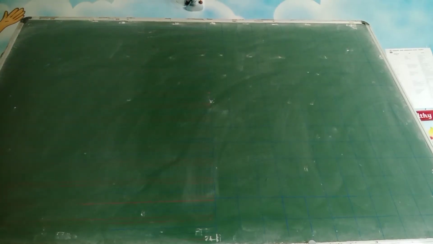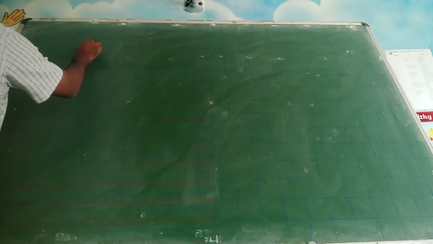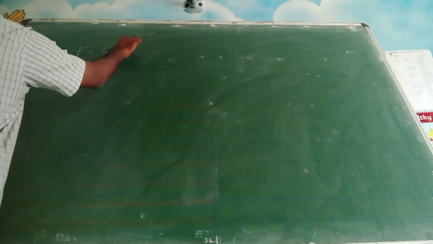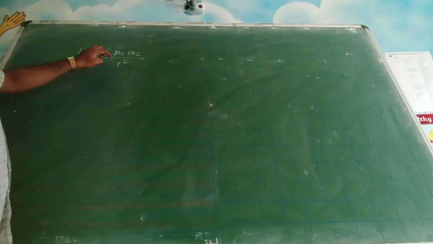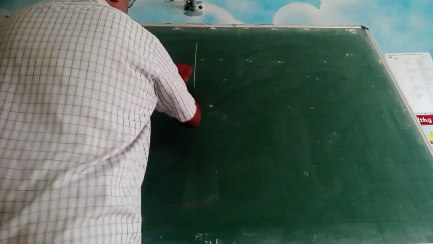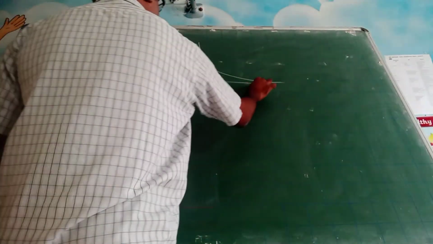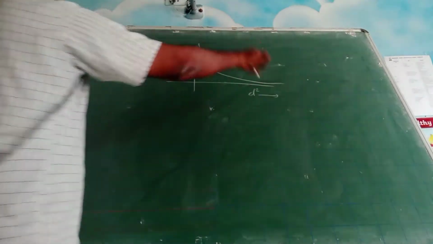So dear students, last class we were discussing concepts on areal velocity and all that. We were seeing this gravitational force G m1 m2 by r square, right? So if you draw a graph between force and distance square, this graph will be a hyperbola. Distance square in this direction, force in this direction.